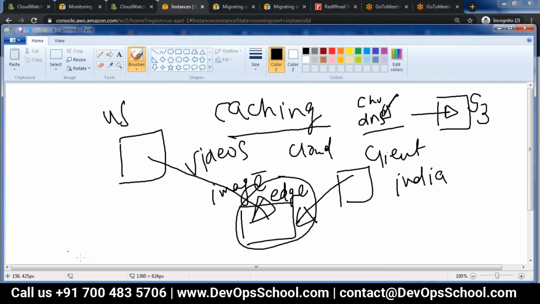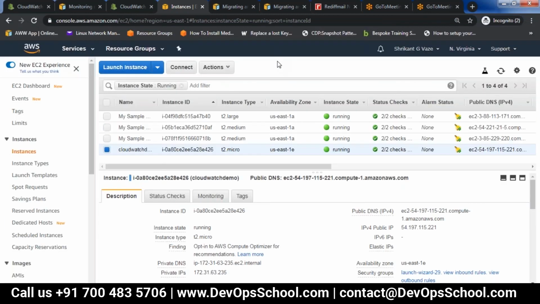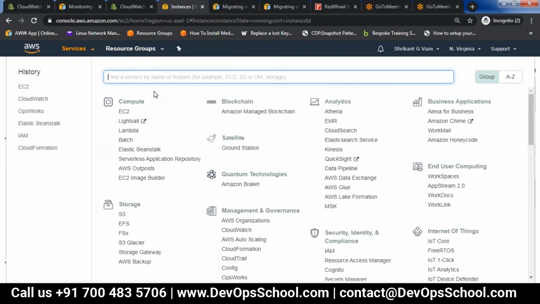Now you can either create a distribution for images or static content like HTML, and there is another way that is called RTMP protocol. So if you are doing it for video files, you can use it that way.